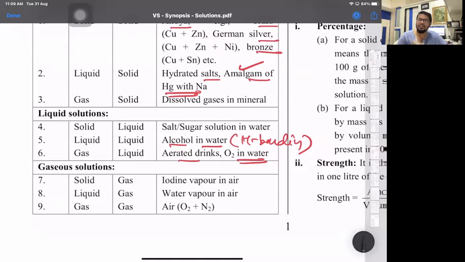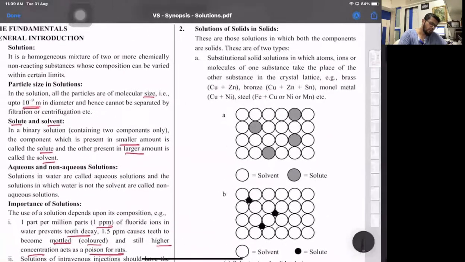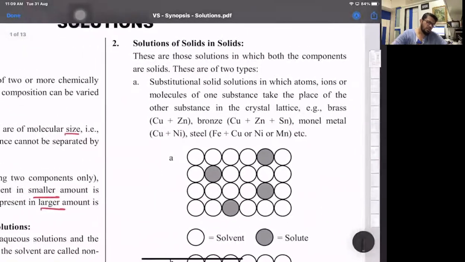Gas in gas is basically nothing but the homogeneous mixtures, what we have. That is one. Then talking about the solutions, we will say solutions of solids in solids. So solids in solids are basically what we call substitutional solid solution. Catch the word. Their sizes are almost the same. One substitutes for the other. And remember, in alloys, when the two metals mix, the oxidation state of any of the metal is zero.